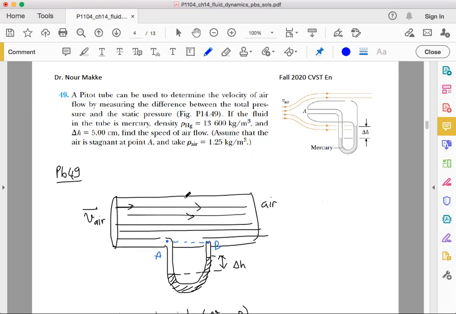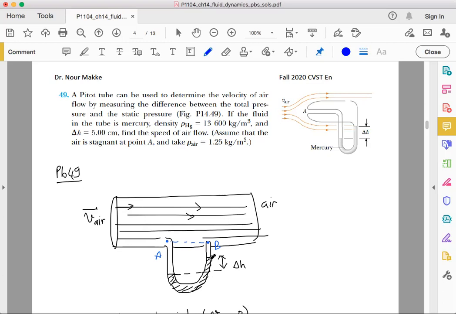So here what you have is a flow of air. This air, of course, is moving with a given speed. Now, you insert inside this flow a U-tube. And this U-tube includes mercury inside of it with density 13,600 kilogram per cubic meter. What happens is that because of the pressure coming from the air, there will be some difference. The mercury will move, and then there will be a difference between the level of mercury on one side and the other side of the U-tube. So the question is,